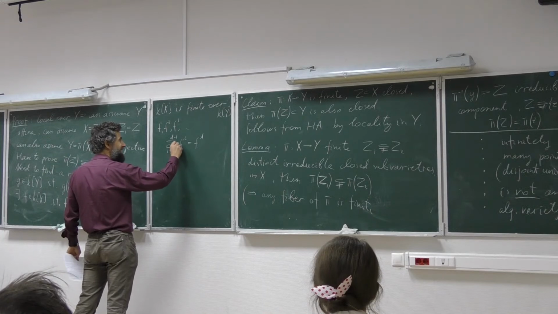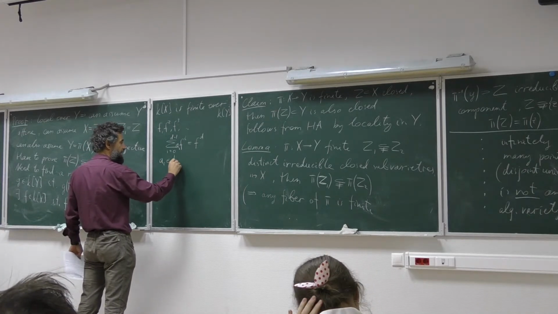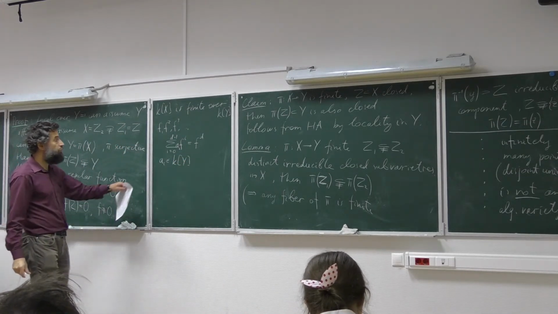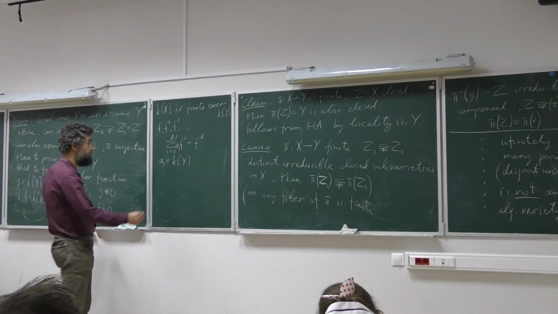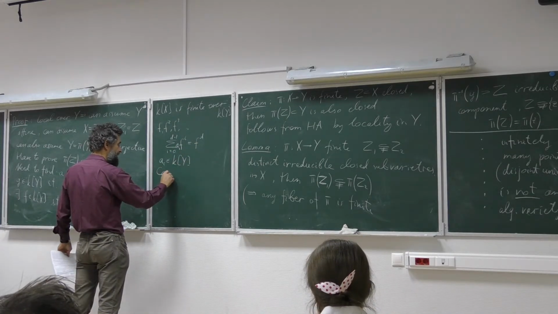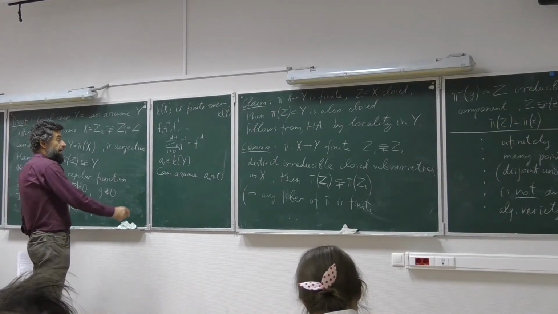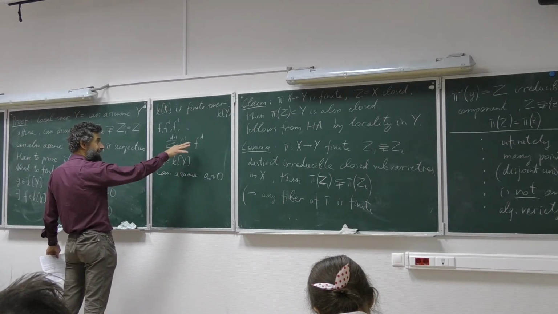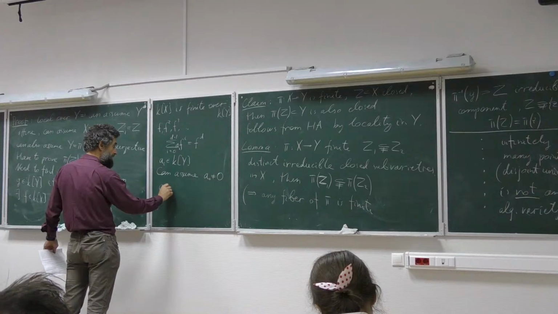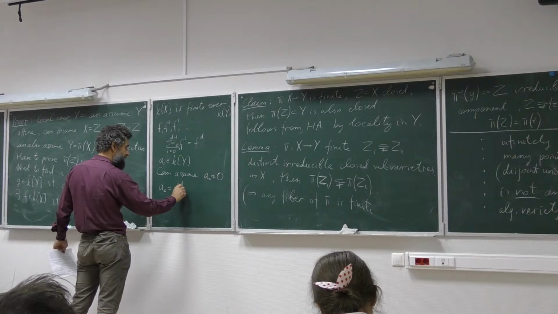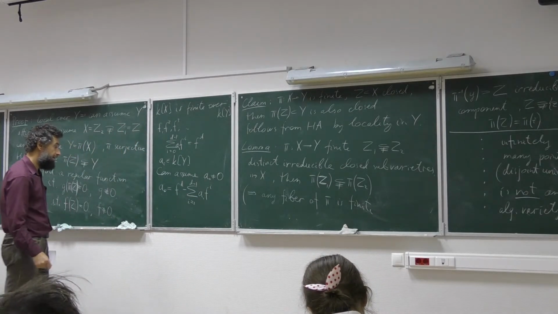Oh, sorry, that's not quite so. There are coefficients a_i, and they are functions on y. And we can assume that the lowest coefficient is not 0, right? Otherwise, we can just cancel out some power of f. So a_0 is not 0. Okay, and then we can rewrite, passing everything else to the right hand side, that a_0 is f to the power d minus the sum from i equals 1 to d minus 1 of a_i f to the power i. And in other words, it means that